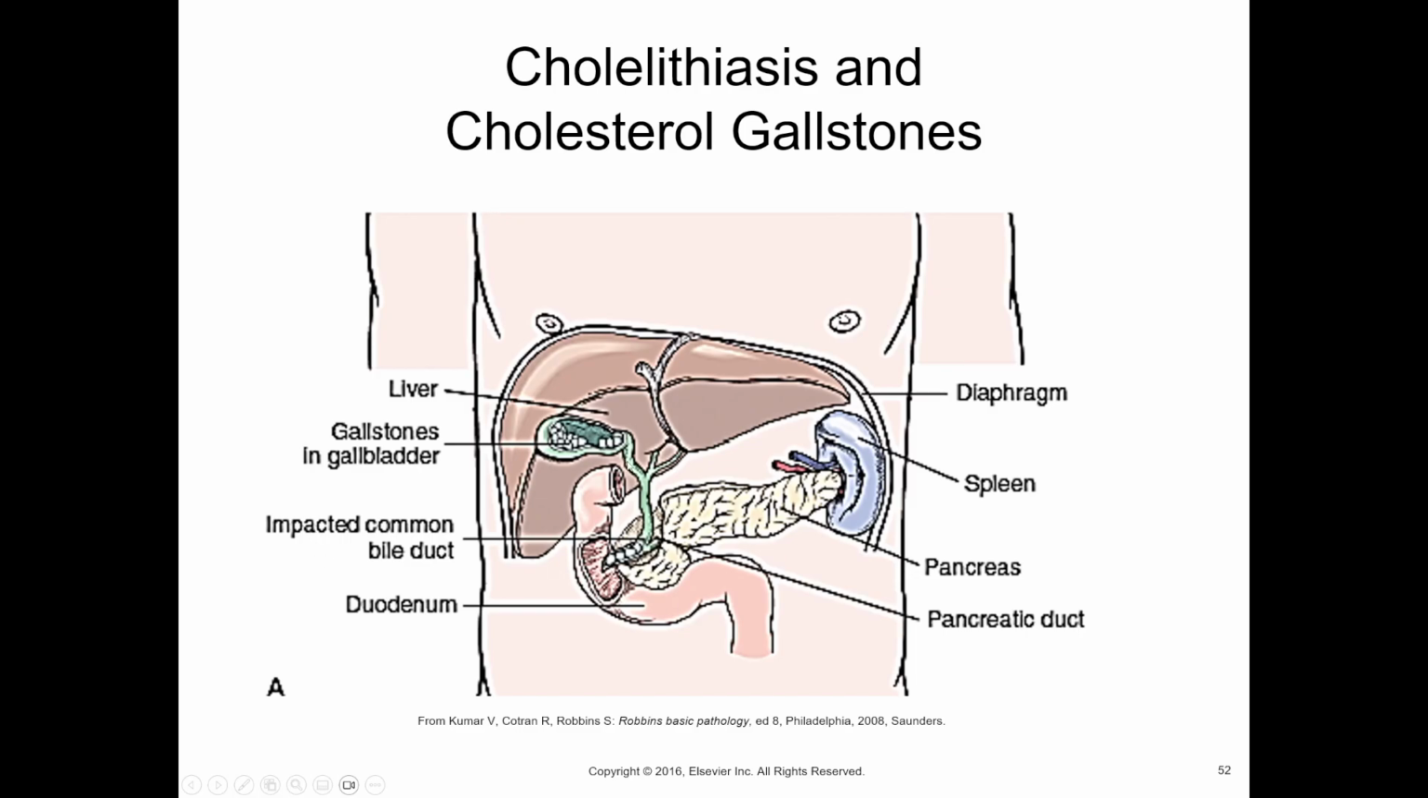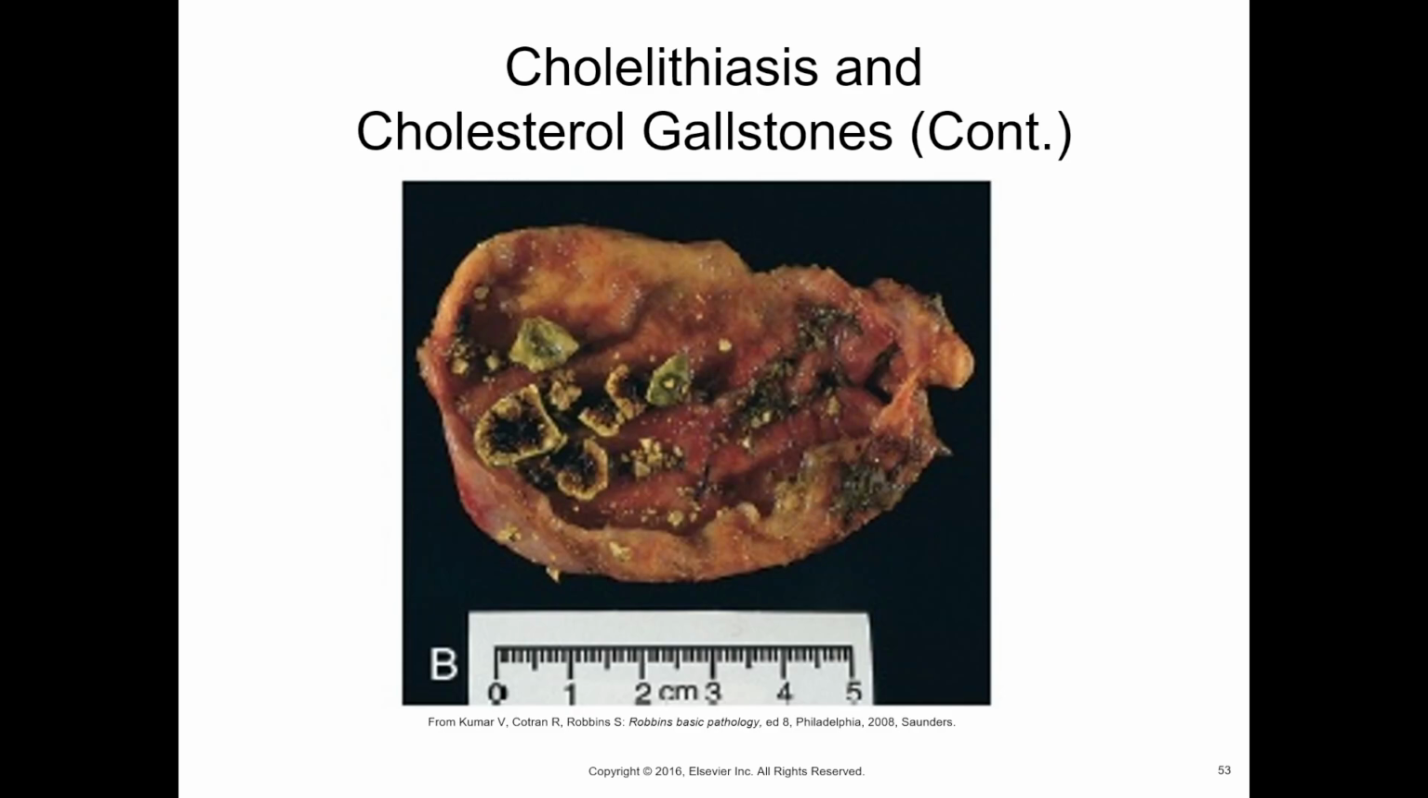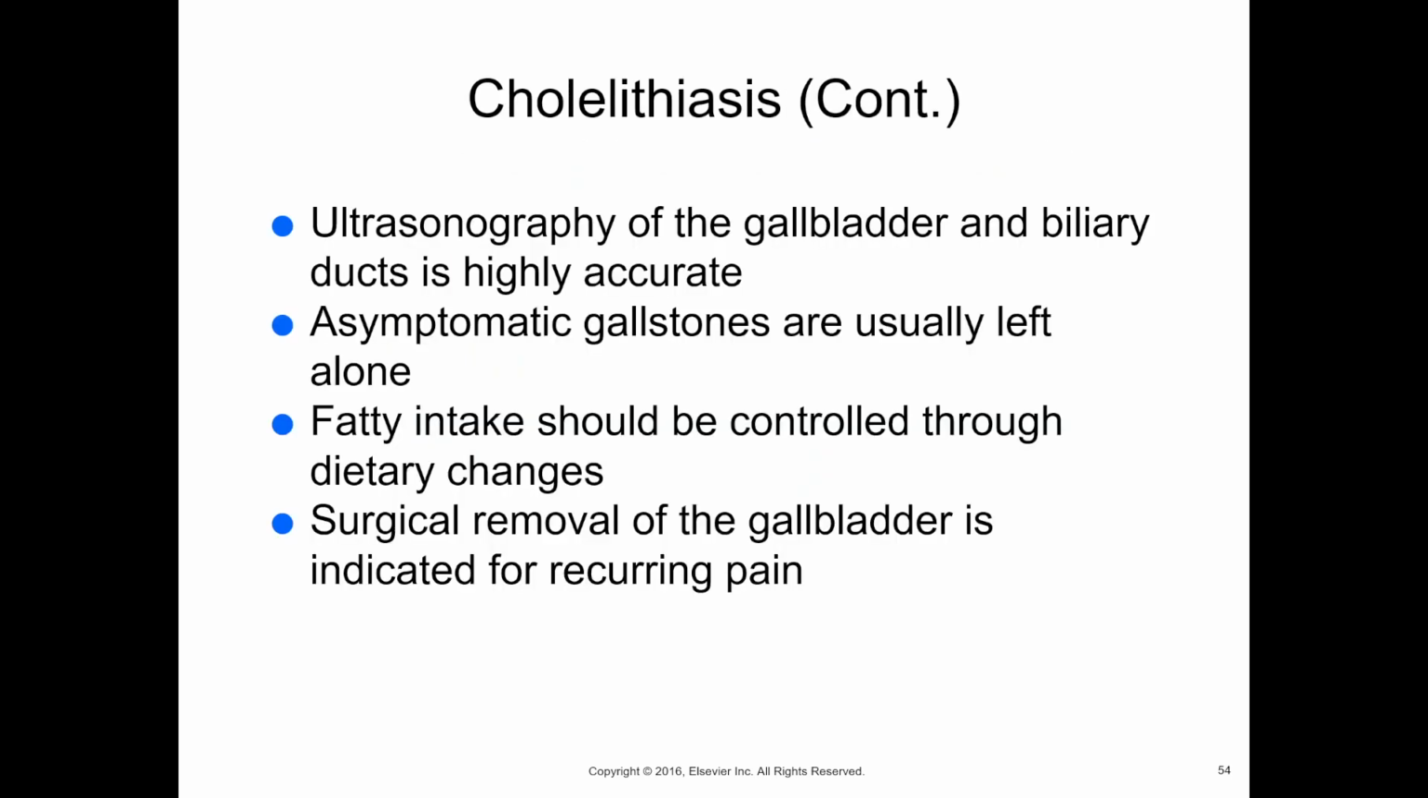These stones can get caught anywhere along your cystic duct, common bile duct, or even in the duodenum itself, which stops the release of bile. And remember, bile is incredibly important for the digestion of fats. So this is what these actually look like inside of the gallbladder. Ultrasound is pretty much the gold standard for identifying these, because they're not always solid,